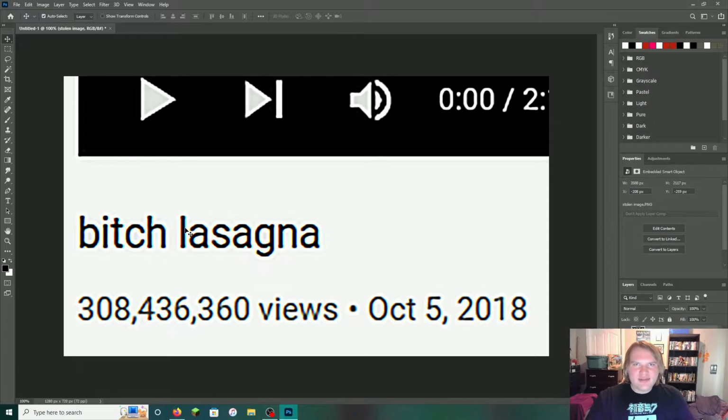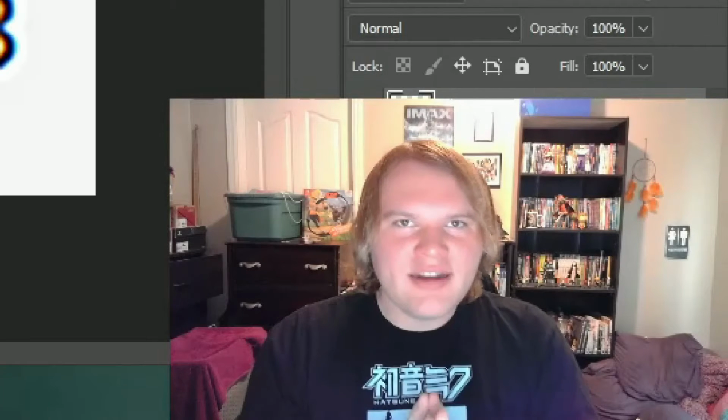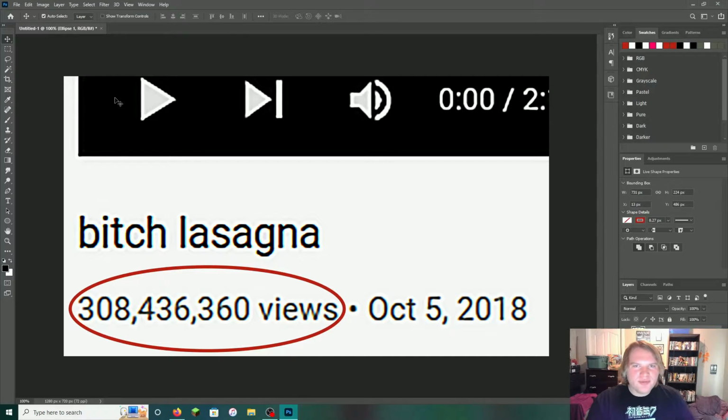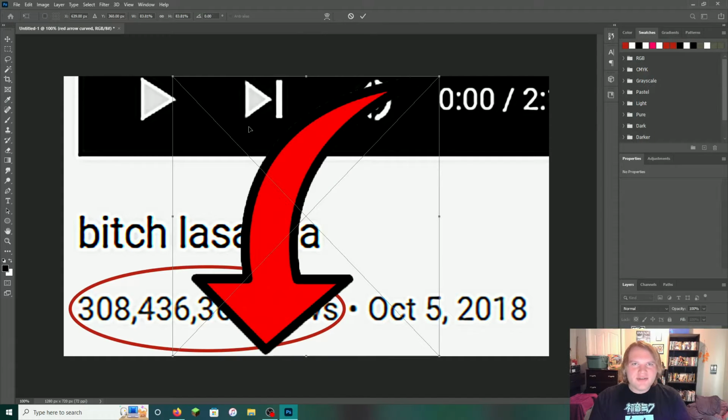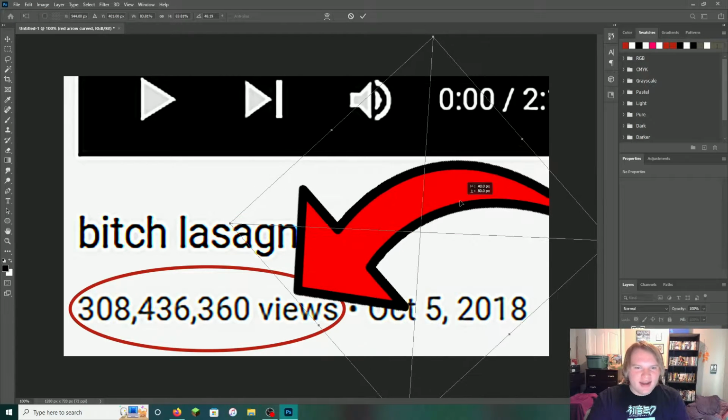The first thing is to put a big red circle over it so people's eyes are drawn towards it. Okay, that's pretty good, but it's not good enough. The next thing you want to do is to put a big red arrow pointing at the big number. Now you want to use this arrow in particular because it's the same arrow that literally everybody else uses. I'm going to make that arrow nice and big.